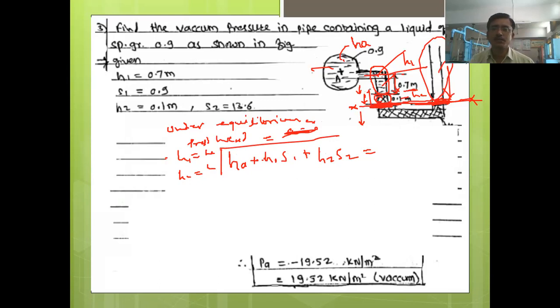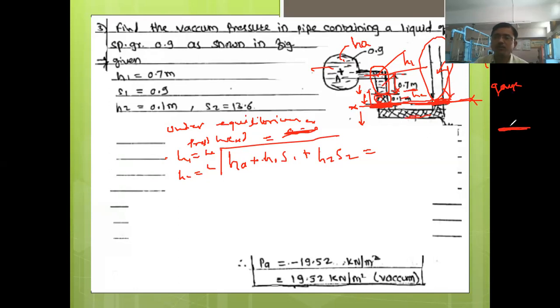No, there is a fluid but not a liquid. There is no kind of liquid, but there is a fluid which is called air. Air is there, but the density of air compared to the liquid is very negligible, so it can be neglected. As we are considering the pressure gauge, in gauge pressure the atmospheric pressure is considered as a datum, right?